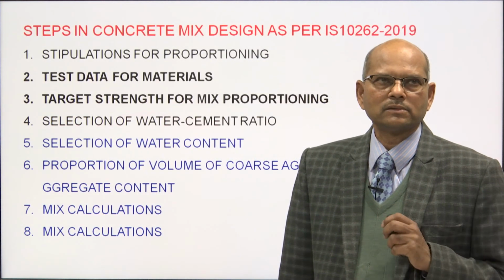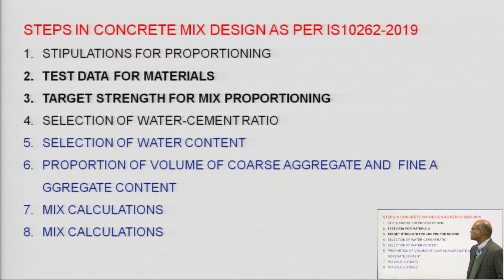Okay. So, these are the steps involved in any mix design. First, stipulations for the proportioning. Different types of data are required, and we are supposed to collect them. Then once we have the data and samples from the field, we go for the tests. So, we have to perform certain tests and obtain the data from them. With the help of test data and stipulations, we will be able to design the values.